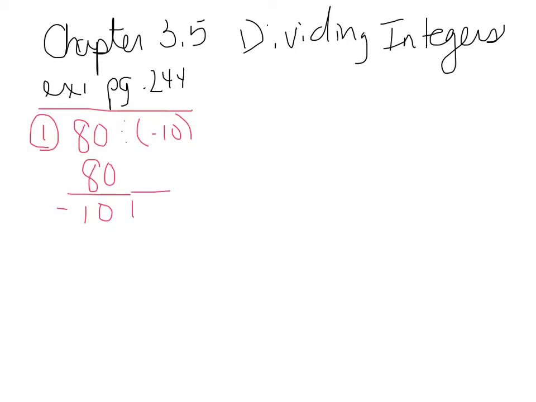So the rules for dividing with negatives are you divide like normal. So let's say drop, divide. It is 8. Now there's one negative, so the answer is negatory. So it's the opposite of 8. And if there would have been 2 negatives, it would have been a positive 8. In the next one, example 2,